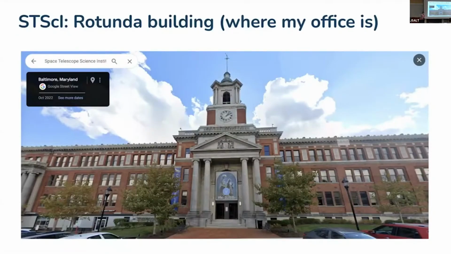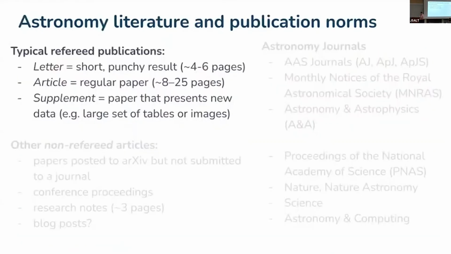But it's a multi-use building, so it's actually worth taking a look there. They have a farmers market on Tuesdays. They have live music every Friday. There's a whole bunch of shops and a lot of food to eat there. Pretty good restaurant selection. So it's a fun place. But Space Telescope is sort of distributed between these two buildings. Okie dokes. I want to say a little bit about astronomy literature.